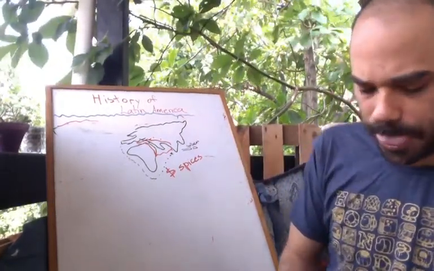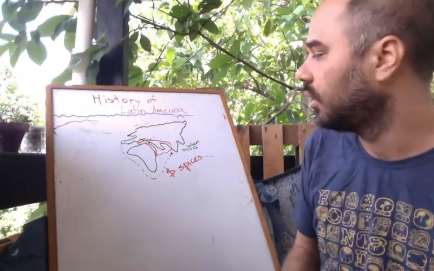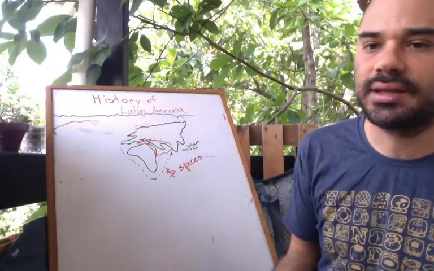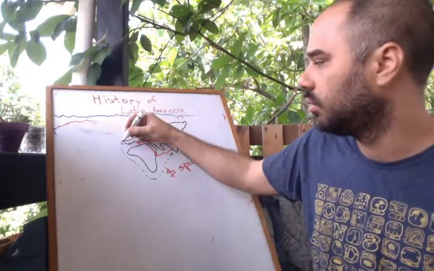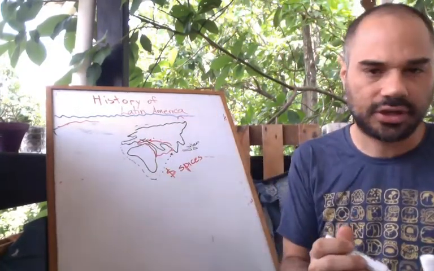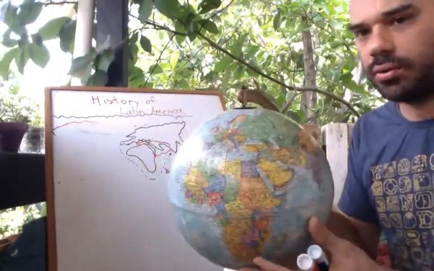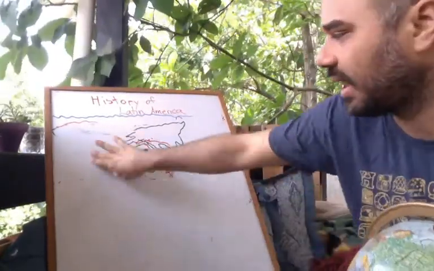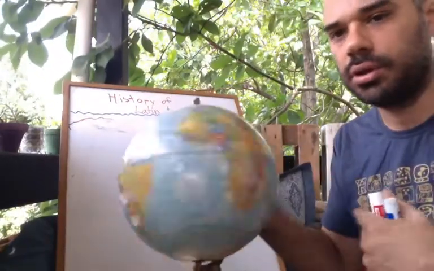So the Portuguese had a route, but the Spanish didn't. And there was this person called Columbus. He's an Italian sailor, and he said, hey, there is proof that the earth is not flat. There is proof that the earth is actually round. So Columbus knew that the earth was not flat like this board. He knew that the earth was round.